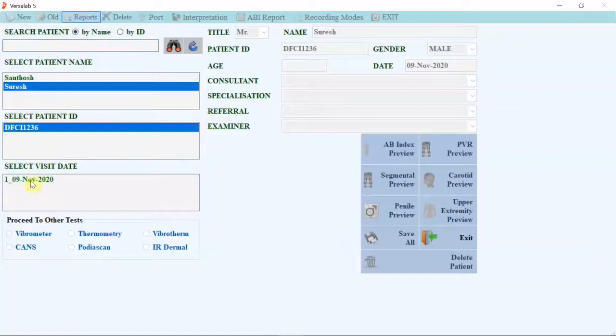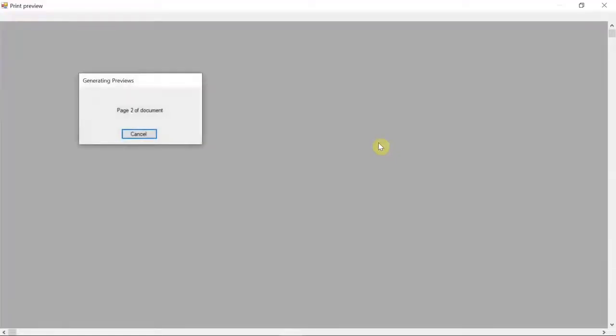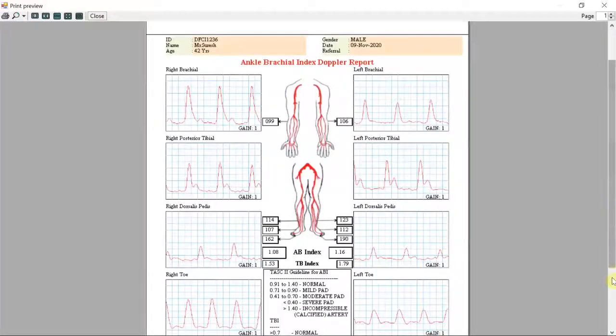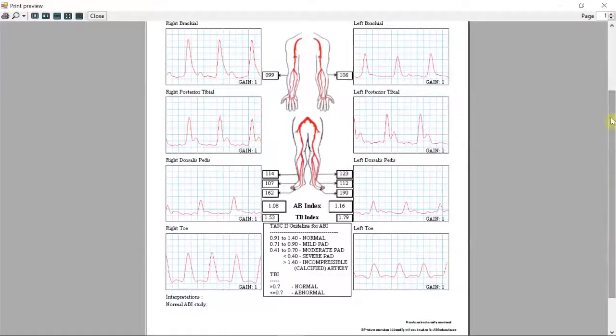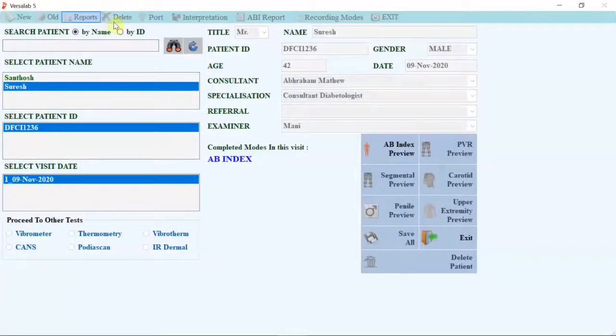If the patient has come for many days, you will see all the dates, and also the visit number, visit 1, 2, 3, like that, with the corresponding date. Select the date. Now, in the ABI, I can see the waveform. The data will be there permanently in the system, so whenever you need, you can search and review the waveform and patient details.